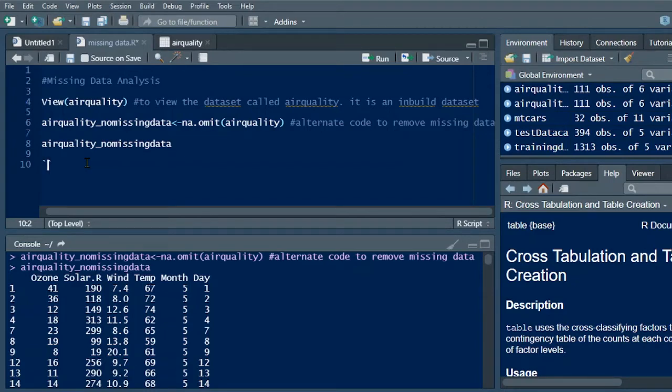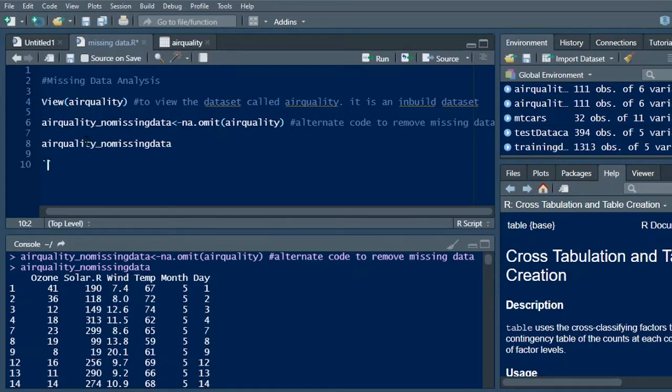The first one is the absence of data reduces the statistical power, which refers to the probability that the test will reject the null hypothesis when it is false. And also, the lost data can cause bias in the estimation of parameters. And the third problem is that it can reduce the representativeness of the sample. So it is the primary duty of every data scientist to remove the missing values or to treat the missing values with the proper statistical analysis, clean the data, and then take it for further analysis so that the data will give you the correct meaning.